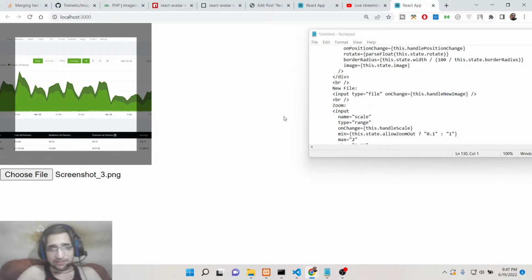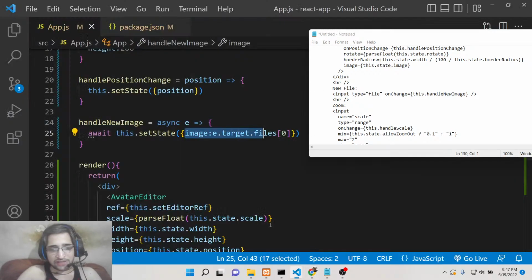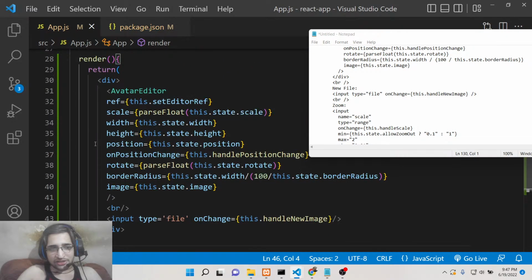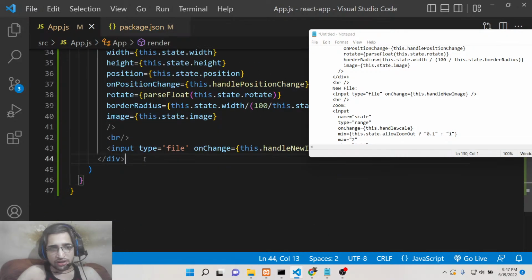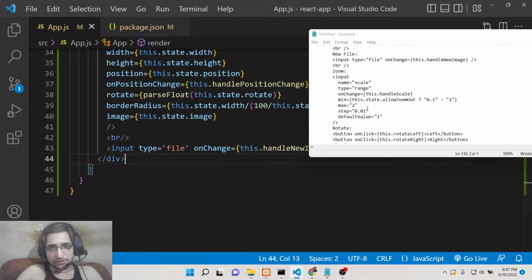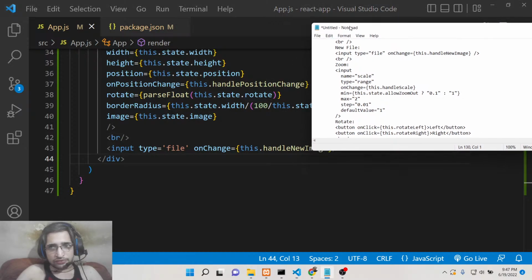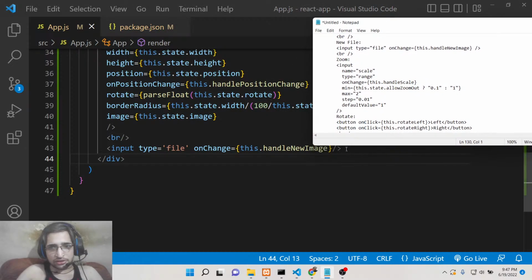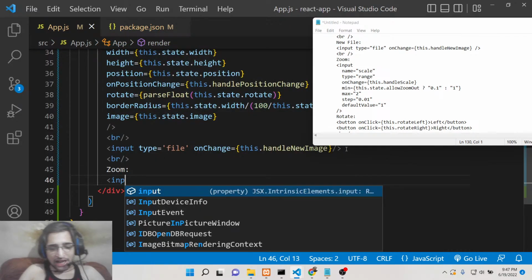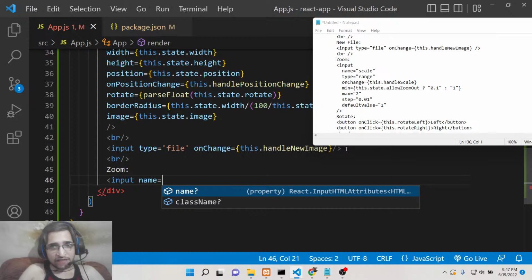Now we need to create those buttons which will handle the operations for us. After this input field, after handleNewImage, we have the break tag, and then we will say zoom. In order to zoom this image, we will have another input field. The name will be scale,